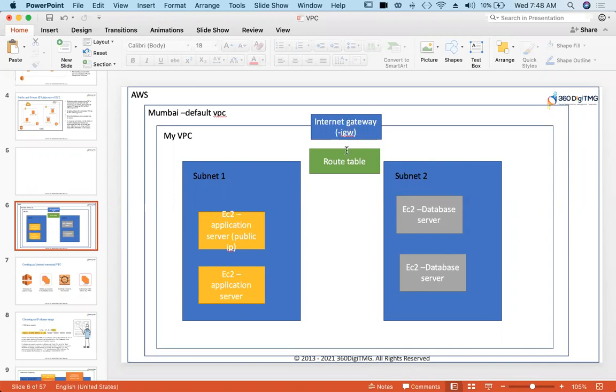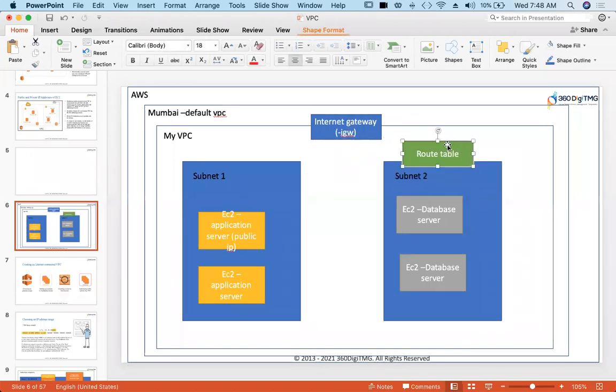But if this gate is not attached to your route table, it doesn't know how to do it, so your route table will not do it. Suppose you want to make subnet 2 a private one, then what you'll do, you'll create one route table and not attach it to your internet gateway. This is one thing, but let's keep it here.